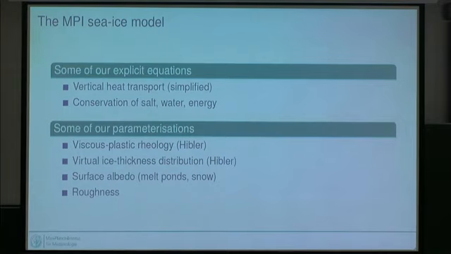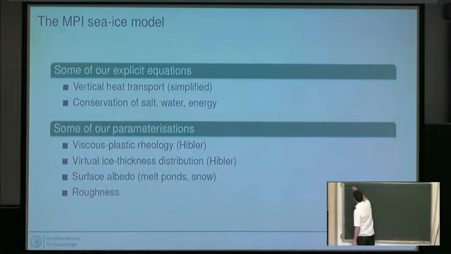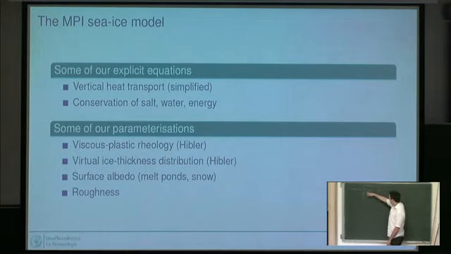Can you see this blackboard from the back? Yeah. So during freezing, if we look from the side, we have the ocean down here, and we might have some sea ice in there. And then at each time step, we grow a bit of this thick sea ice, and we grow some thin sea ice in the open water. So we grow some new ice here, and we grow some new ice here.